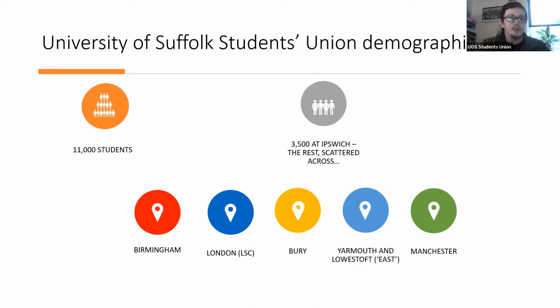Again, if you're running to be a campus officer, you'll only have to be concerned about the students on that campus. But for the full-time roles and for the liberation roles, there are students across a number of different campuses for Suffolk. So whenever you're planning your campaign, whenever you're thinking about the issues you want to campaign on, if you became an officer, always have in mind that there are lots of different demographics at the university. There might be different ways to reach them in terms of campaigning, but there might also be different needs that those students have as well.